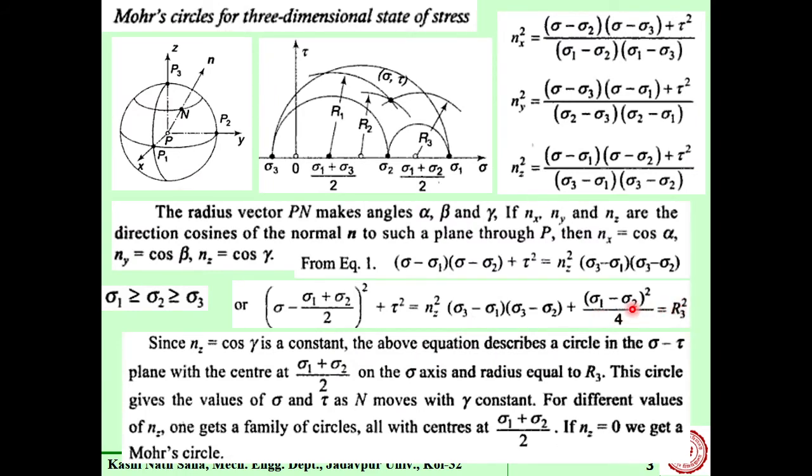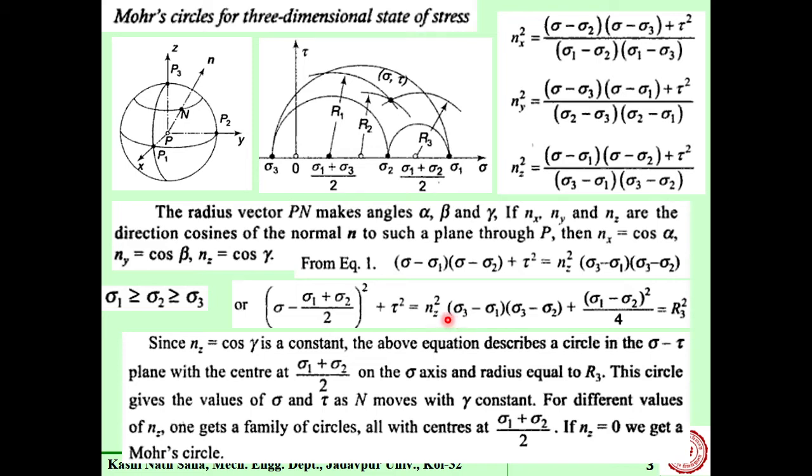Now what about this? Here, this is a constant. So if this is a constant, then this is the equation of a circle, and whatever we get from here, we are expressing it as a square quantity, and we are getting the radius of the circle as well. Now, what is the minimum value of this actually? What are the possible values of nz? Less than minus 1? 1 to 0? Zero? 0 to 1? It cannot be anything other than that.